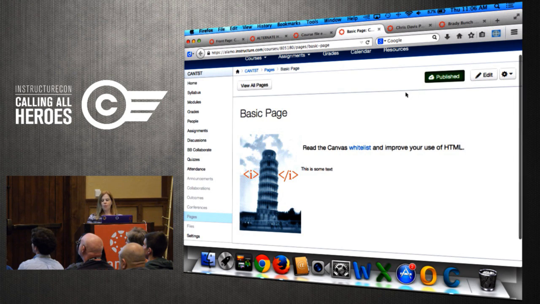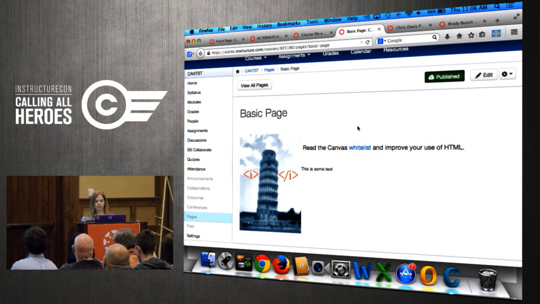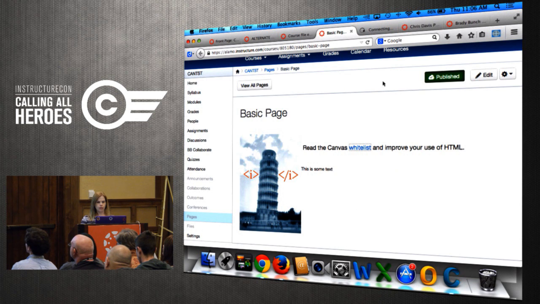So one of the things that I found out when I started trying to mess around with the HTML, because I know HTML, other people who do know a little bit would say, I try to edit my pages and add stuff. I save it, Canvas strips out the code, strips out the tags. So for the longest time, you were never really sure what was going to stick and what was going to get stripped out. And then one day, the Canvas whitelist appeared, and I'm just going to open that up in a new tab.